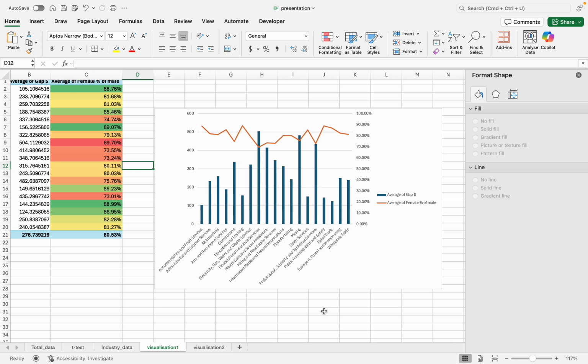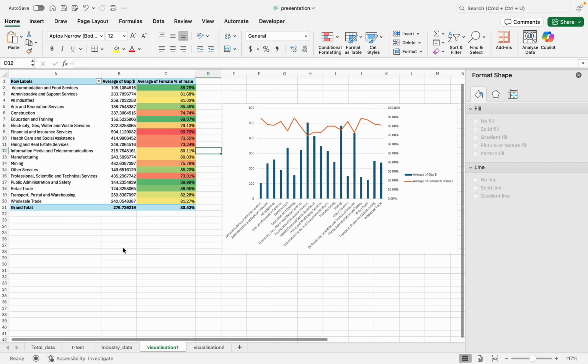And here are some insights. First, across all industries, women consistently earned less than men. Second, high wage industries like mining and finance show both the largest dollar gaps and the lowest female-to-male wage ratios. This highlights that the pay gap is not uniform but depends strongly on the industry.